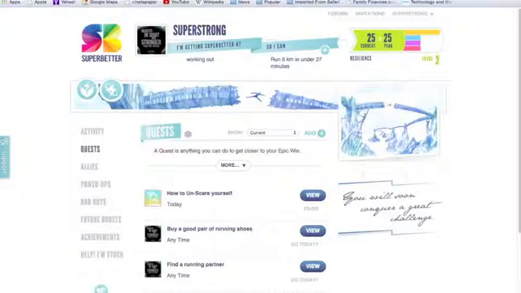Another way that you can use SuperBetter as a meaningful tool in education is to integrate it into the health and physical education curriculum, possibly in any of the grade 9 to 12 physical education classes, or maybe even specifically into the grade 11 or 12 fitness courses. And what you can do is use it with the entire class